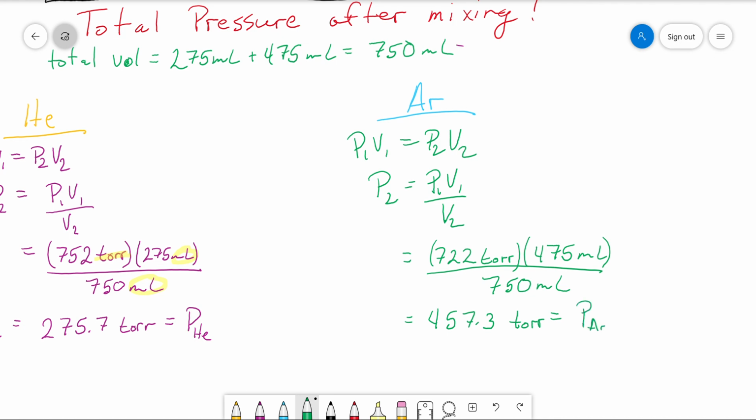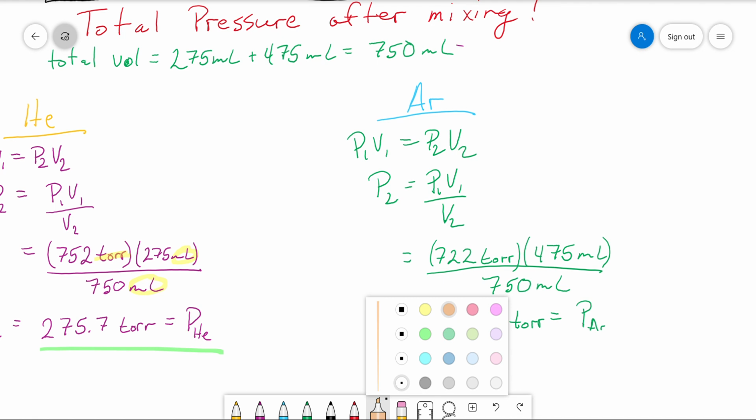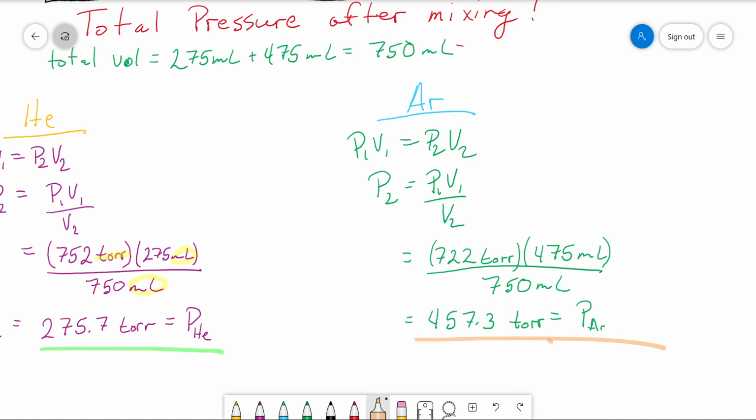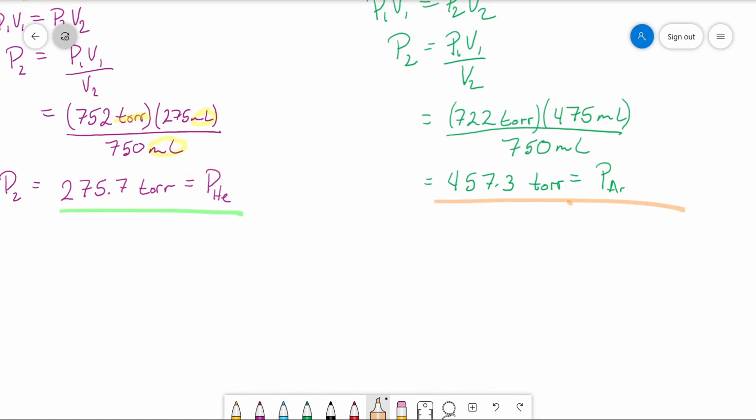So what I've just done is I've calculated, first off, for this guy over here, if helium was alone in the vessel, without the argon, and the vessel is 750 milliliters, it would have a pressure of 275.7. And if this argon were alone, that would be its pressure once we remove that barrier, okay? But the problem asked for the total pressure. So Dalton's law of partial pressures says P total is equal to P HE plus P AR. All we got to do is add